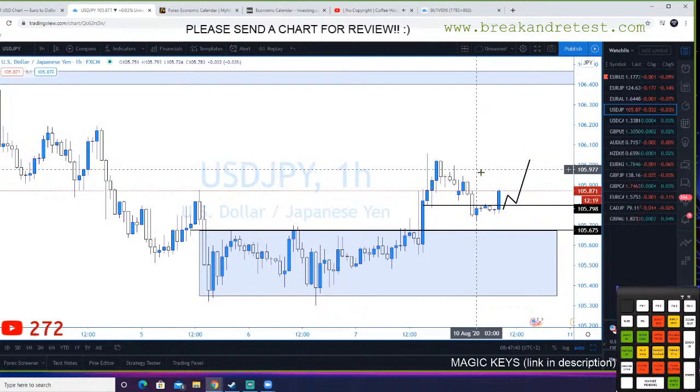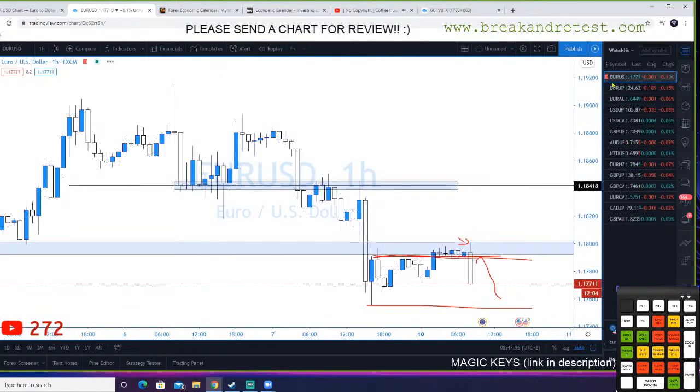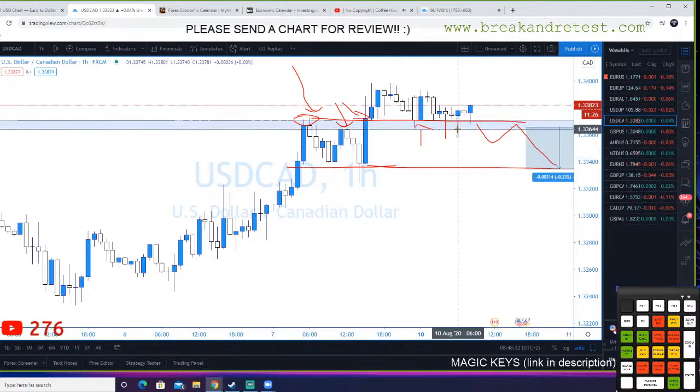Okay, so possible setups coming are USD: once it closes like this, we're gonna wait for a retest and continuation to fill this next range to the left. Euro USD is gonna be the same, but I think Euro USD now it's done. I don't think we're gonna have a retest, and I don't think I'm gonna take the retest after this huge drop. It doesn't make sense to enter the retest because the pullback would be crazy big. It's coming from another zone now because it already reached the target that we had. So no trade here. USD CAD got rejected